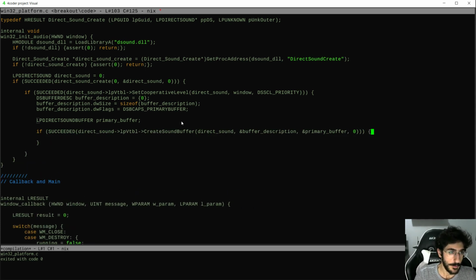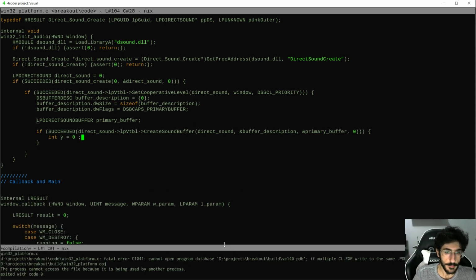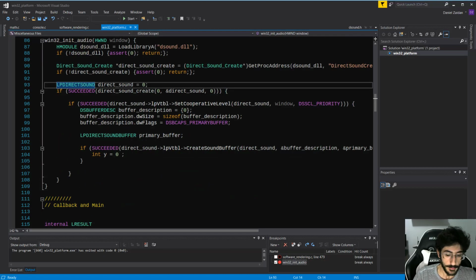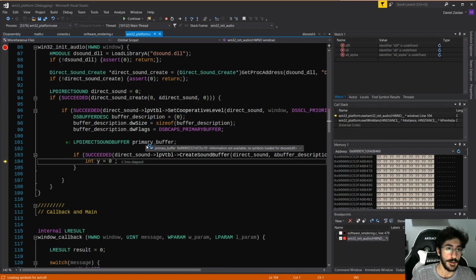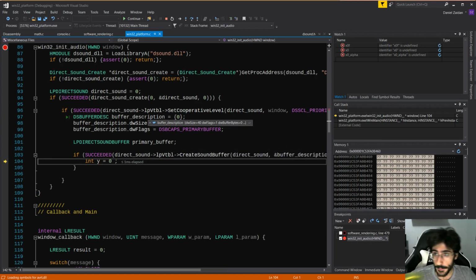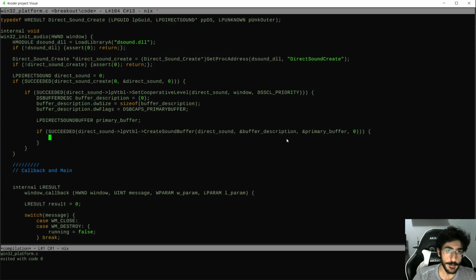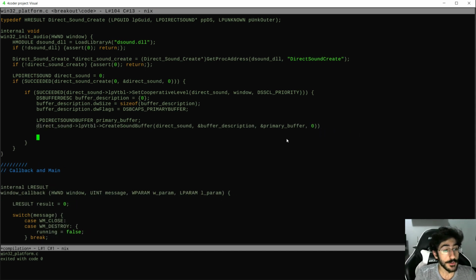And let's see if we succeeded or not. Okay, we did succeed. Now we have a pointer to a primary buffer. But like I said, we actually need the secondary buffer, which is the next one we're going to create. And for this next one, I don't even think I'm going to do it like this. For the next one, we also have to specify a WAVEFORMATEX,